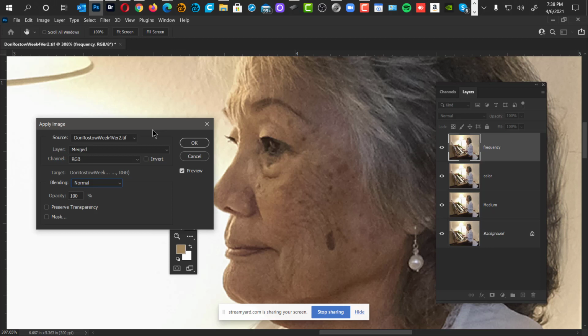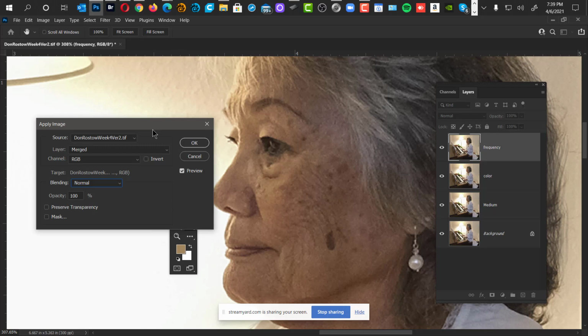Okay. You're going to subtract. Right. But you're trying to do a mathematical equation in your head. I can see your brain turning. Stop complicating it. Okay. That's your color layer. That's why we call it color. Now, what we're going to do is we're going to take the color out of the frequency. We're going to subtract it out,